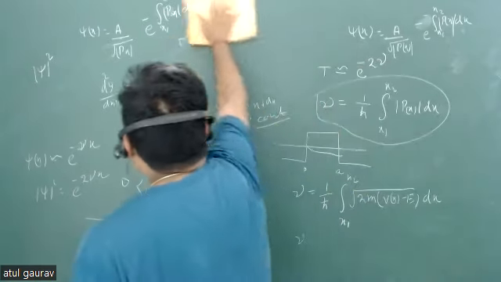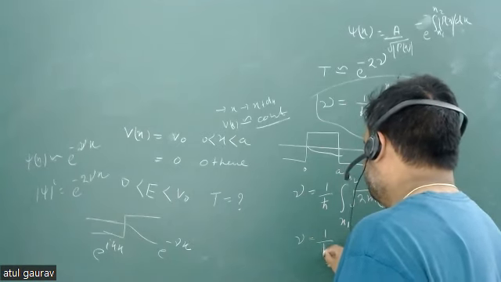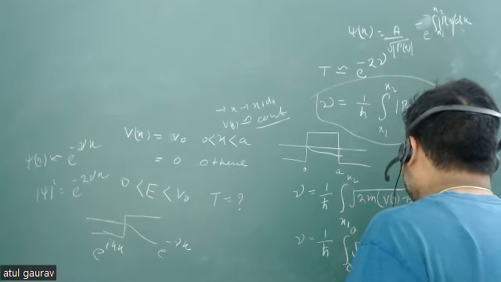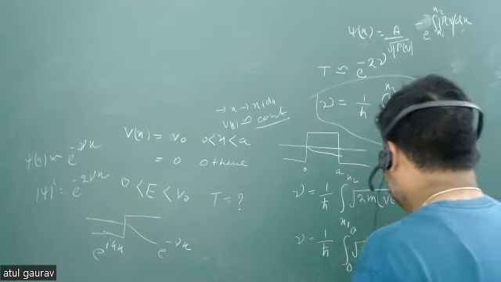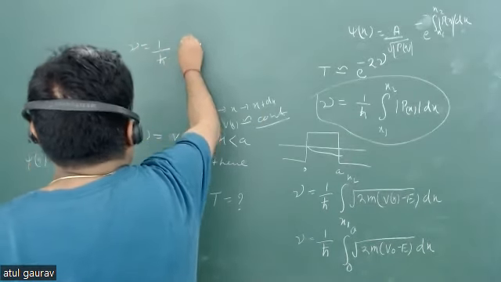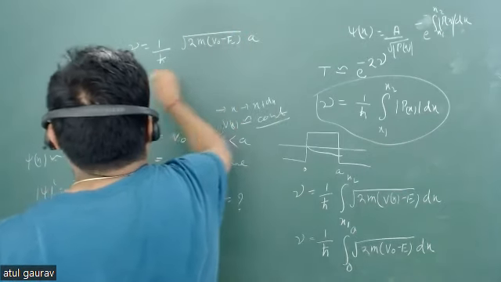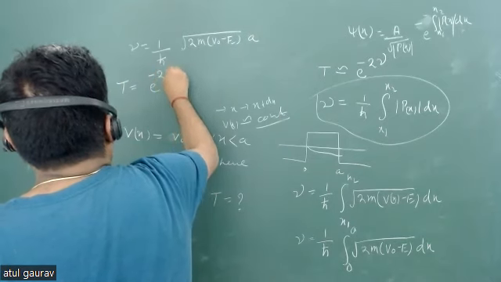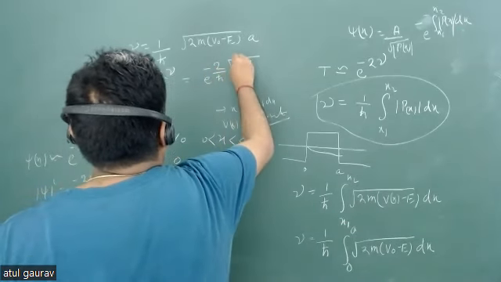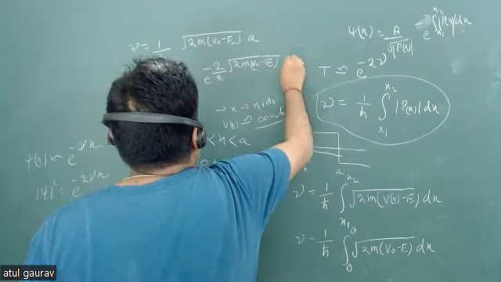चलो, so let's go for this particular potential। so here we have gamma is equal to 1 upon h cut, 0 to a you have 2m v naught minus e dx। and this is constant value, you can easily find gamma is equal to 1 upon h cut root under 2m v naught minus e into a। what is your tunneling probability? e to the power minus 2 gamma is equal to e to the power minus 2 upon h cut root under 2m v naught minus e into a। that's it।